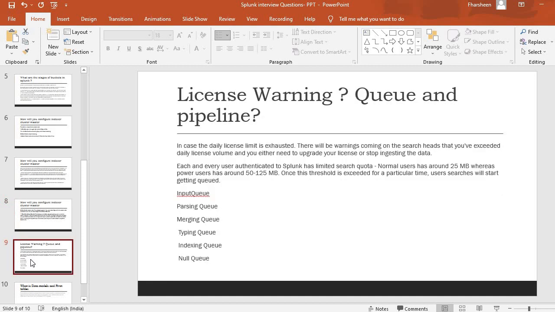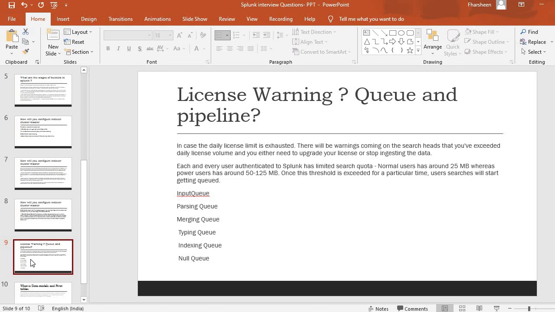All right, the next thing: license warning. What is queue and pipeline in Splunk? A license warning is raised when the daily license limit is exhausted; there will be a warning coming up on the search heads that you have exceeded the daily license volume, and you either need to upgrade your license or stop ingesting the data.